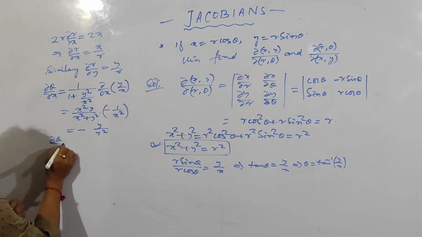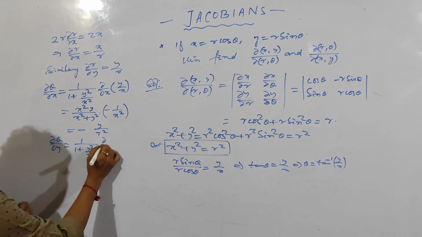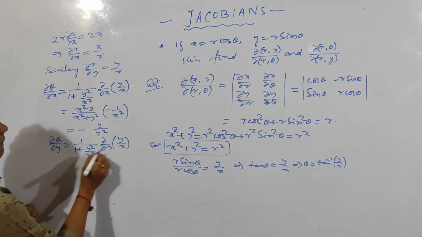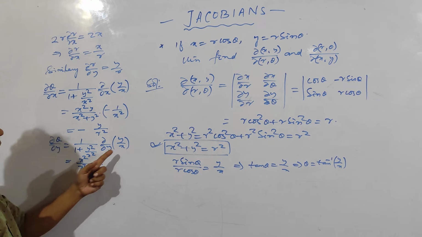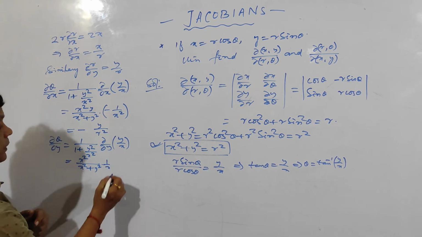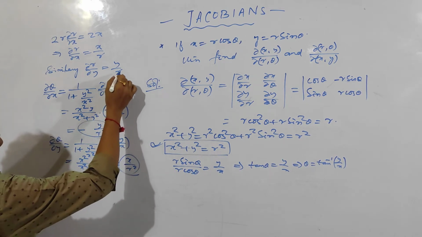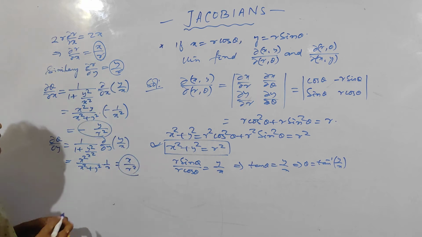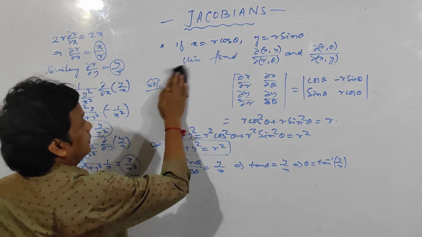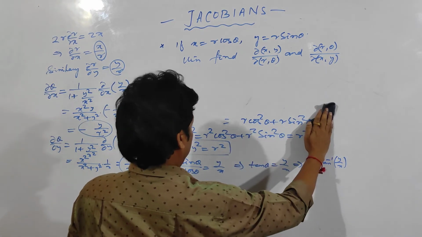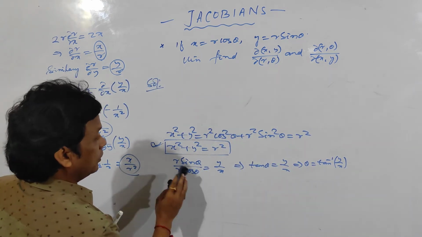Here. Now del theta by del y, 1 by 1 plus y square by x square into del by del y of y by x. So take x square to the numerator, x square by x square plus y square into, take 1 by x outside and derivative of y is 1. So x cancels out, x by r square. So these 4 values I am going to apply. Okay. See here. Now we have to find out the second part. And these are not necessary.